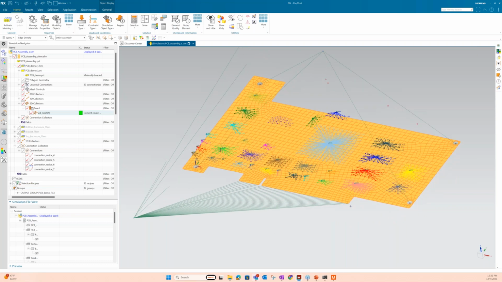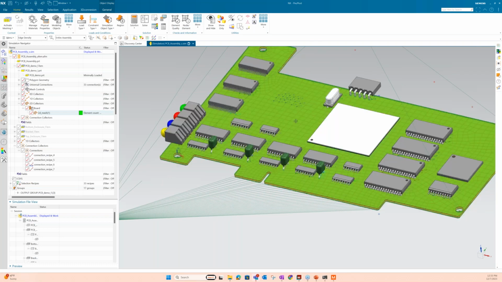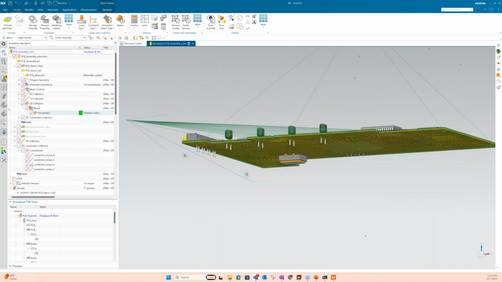So our PCB Exchange automatically created these RBEs and created lumped masses for all those components on the board, and put them all in the right place.